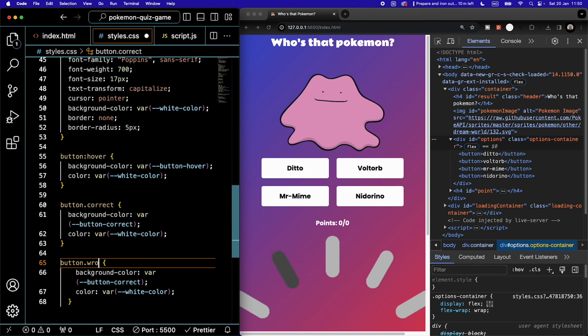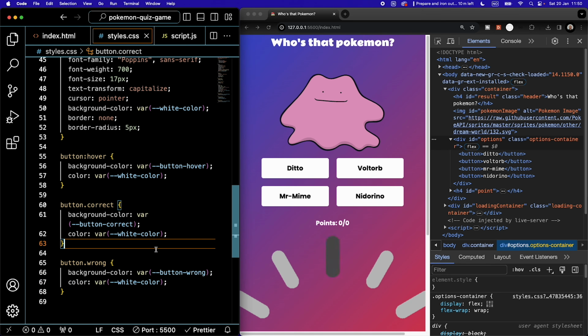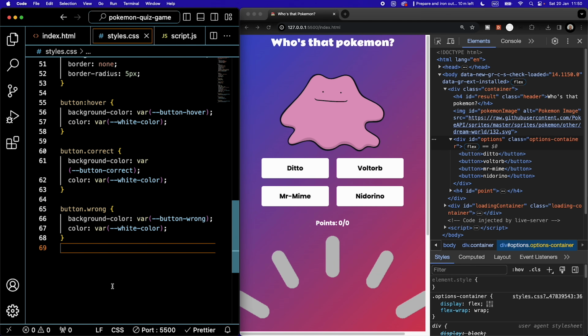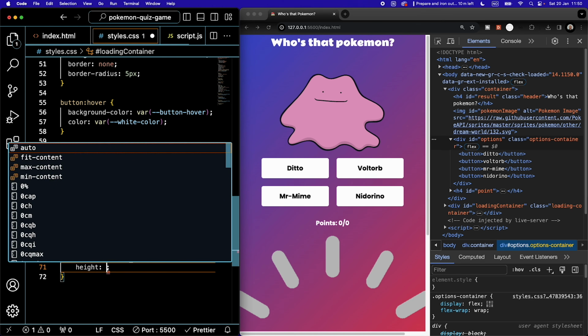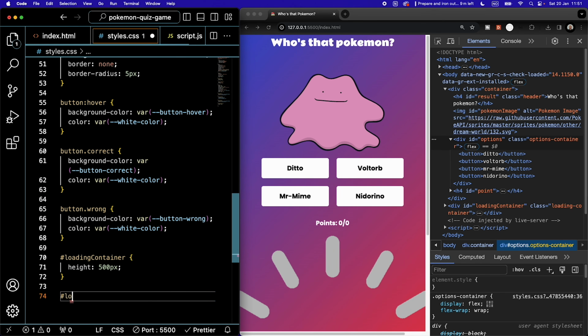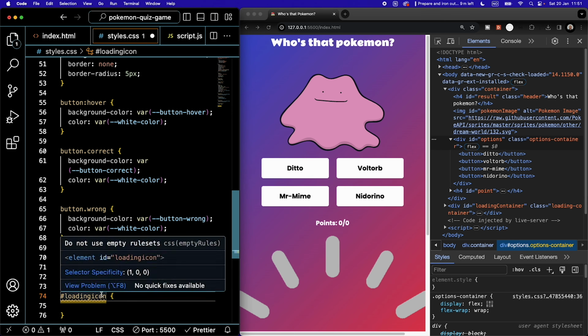And then we're going to say wrong. Then it's going to be button wrong, like so. Then let's make this huge loading circle smaller. We're going to target the loading container. We're going to give it a height of 500 pixels. We are going to target the loading icon, capital I,